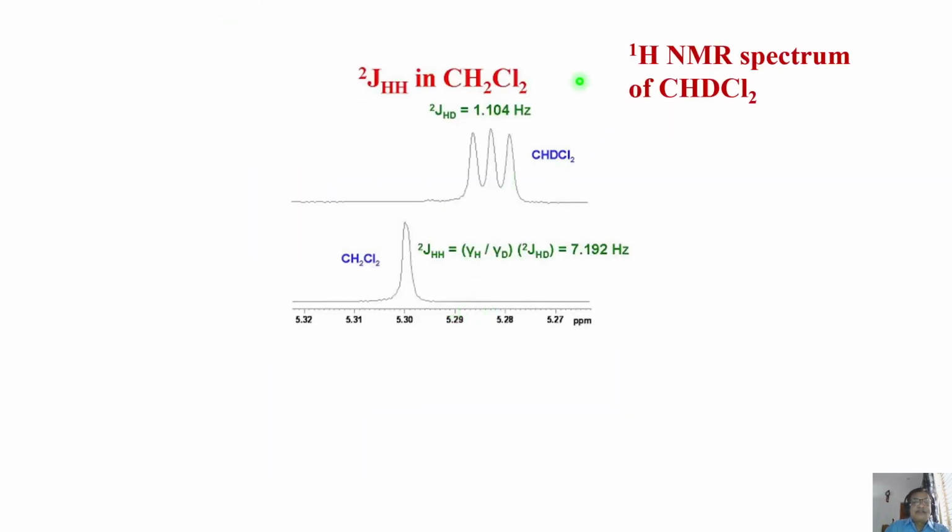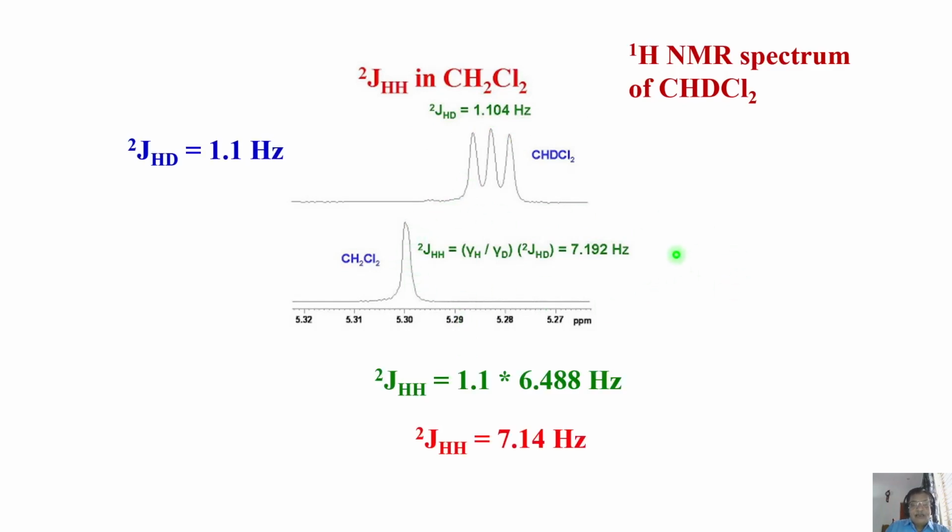And in this CH2Cl2 molecule, in the real NMR spectrum when it was recorded, you see the 2-bond HD coupling is very small, 1.1 Hertz. Now if you want to go to 3-bond HD, how do you measure it? That's why in other molecules that was not practically feasible. So it is 1.1 Hertz. It doesn't matter whether it is 1-bond, 2-bond or 3-bond coupling, this formula is valid. Now plug it into this formula and you are going to get JHH of 7.1 Hertz. Just plug in these parameters.